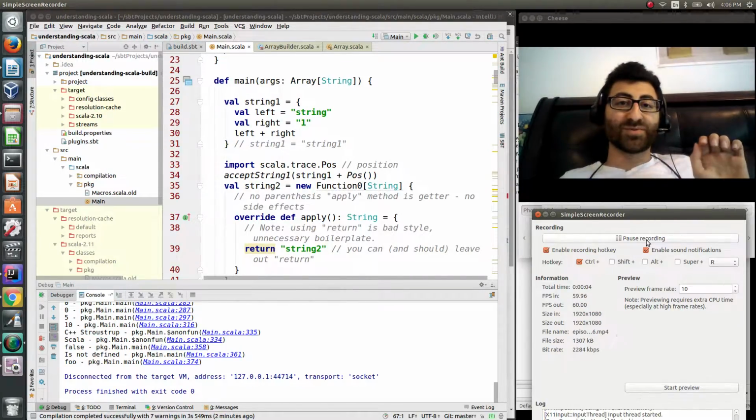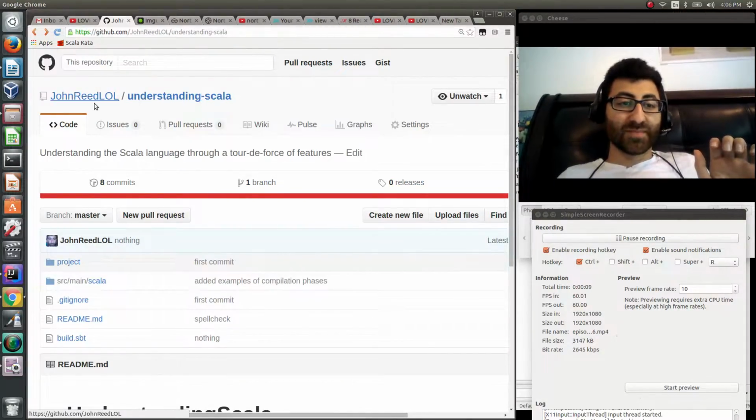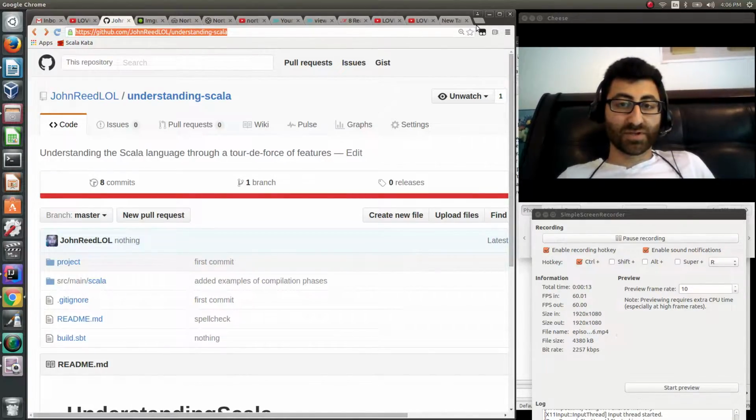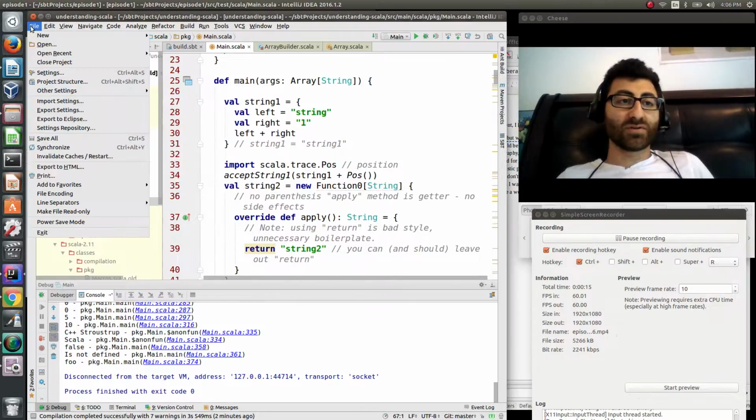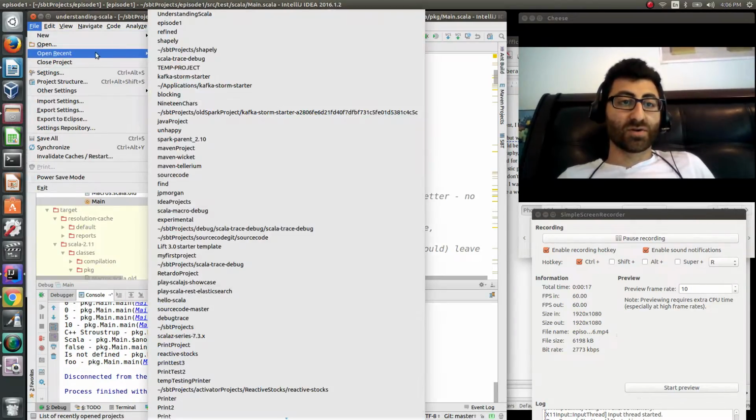Today we will try to brute force our way through a lot of the features. I'll be using this little repository, John Reed Lowell Understanding Scala. If you would like to follow along in IntelliJ, you can open a